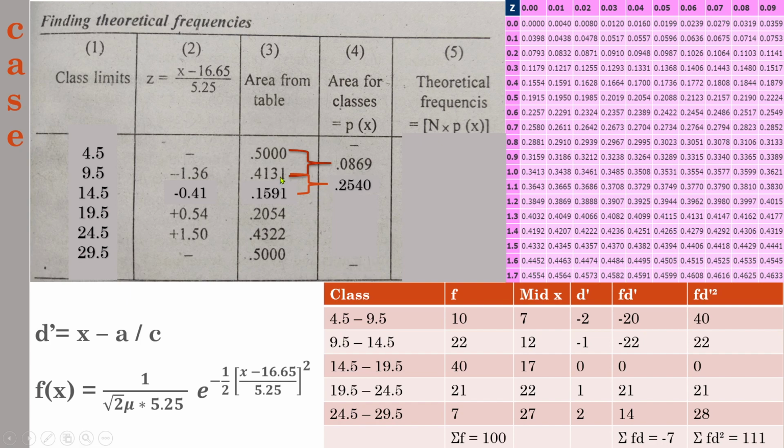I hope you understand why we have taken the difference. We need to find the area in between these 2 points. Since these two points have been found on the basis of negative values, we have taken the difference. Next one. This is a crucial one. You need to decide whether to subtract or add these two values. That also depends upon the signs from which the value has been identified. One is minus, another is plus. When the two values have two different signs, it means they belong to two different sides of the graph. So you need to add. Then you will get a value.